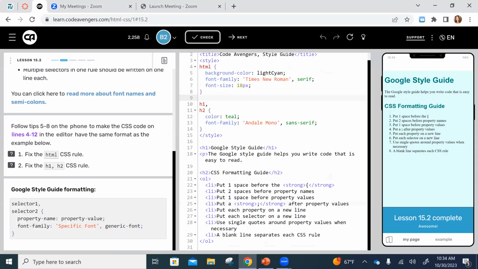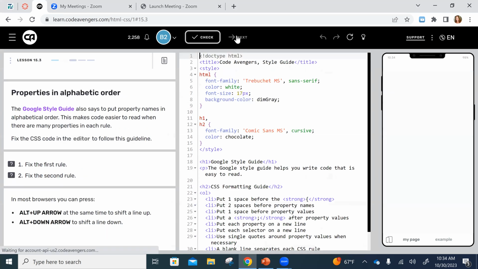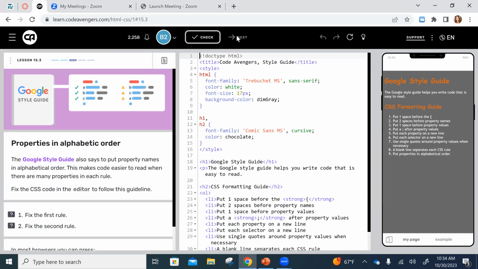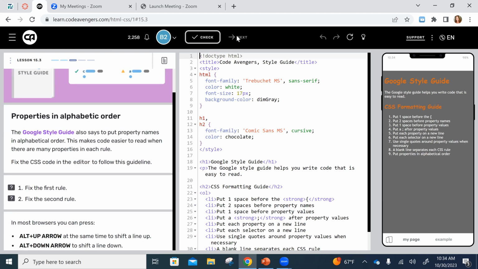Okay, so I've already checked mine, so we're going to move on to 15.3. Everybody else good? All right. 15.3, properties in alphabetical order. Now, I've tried to do this because I knew that we were going to get to a lesson where they say, okay, everything needs to be in alphabetical order. So I've tried to help you guys kind of remember this rule or this style guide